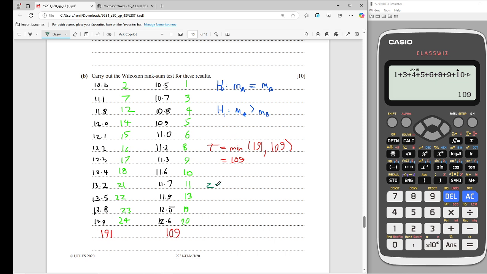So z is equal to the test statistic t minus the expected value plus 0.5, whole divided by sigma being the standard deviation. And to calculate sigma, which is just basically sigma squared and whole root, which is the variance, and to calculate E here,